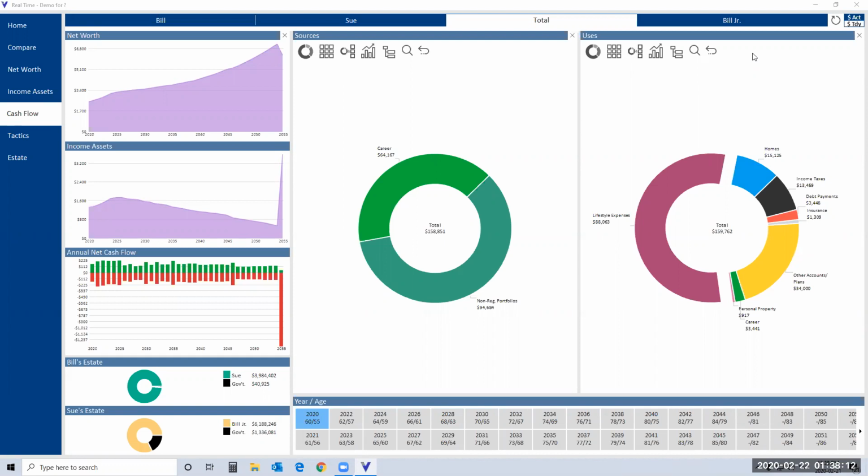Can we print the output? No, we can't print real-time. Real-time is intended to be used interactively with the client. So let's just go back to the core principle that planning is about learning and decision-making. And if we look back in time,